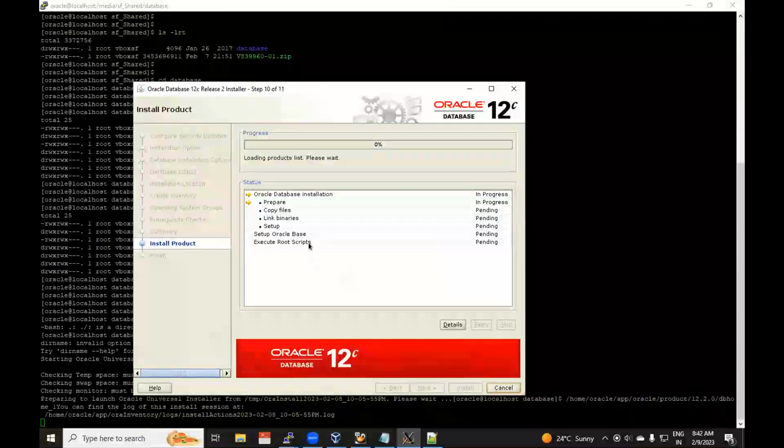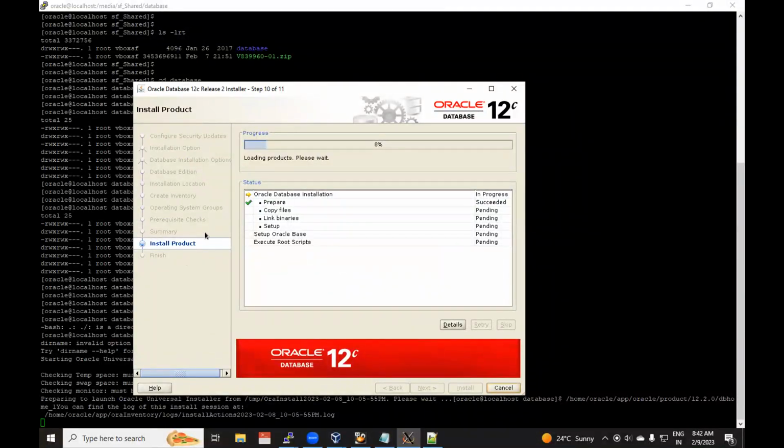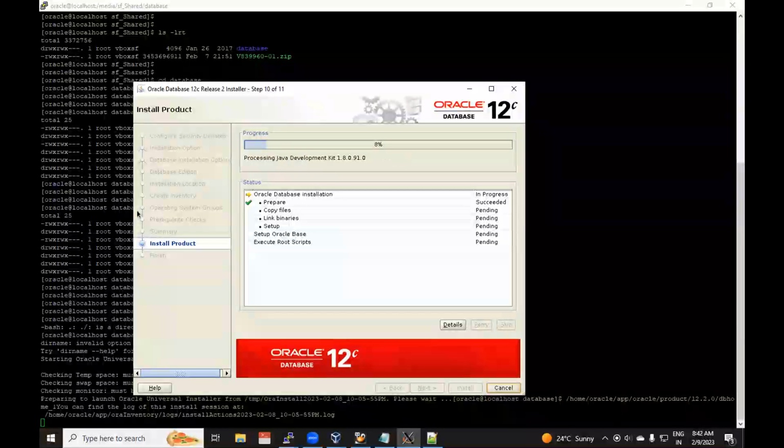If you have any warnings or errors, it will show in the summary. Suppose if we have less disk space, it will prompt for those particular warnings. It will take some time to install.